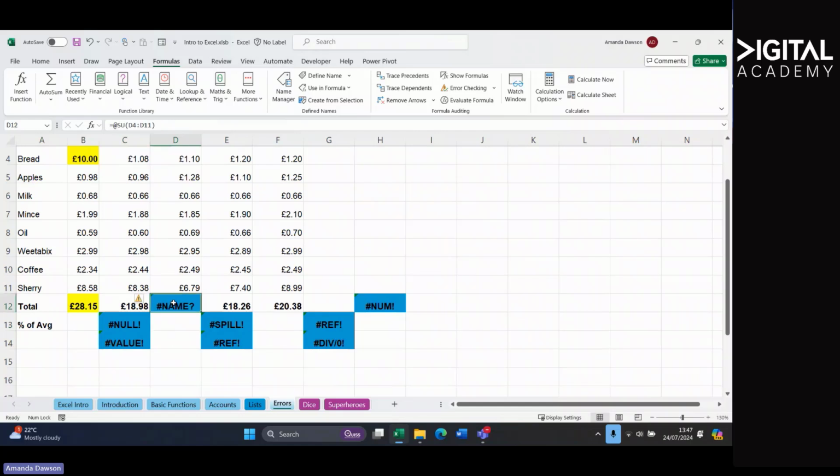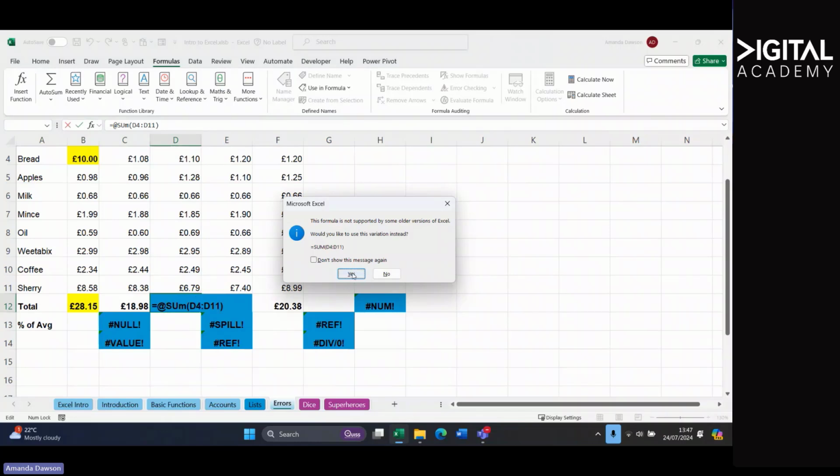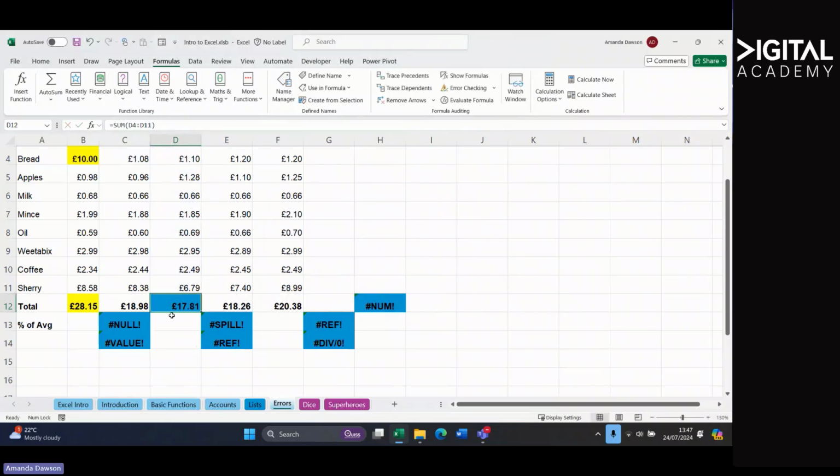But if I go and look at that by double clicking on it, I have got equals SU. SU is not the name of a function. So if I add an M to it, it becomes the name of a function. When I press enter, it will then do the calculation for me. So that was because I'd misspelt something in a calculation. Name: if name is I've misspelt something,